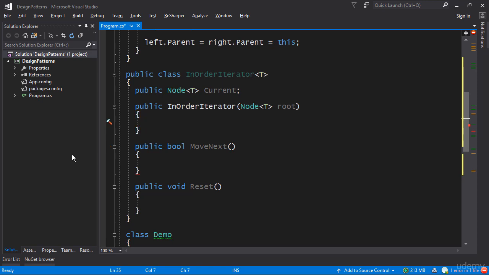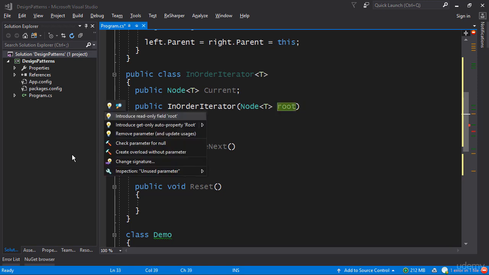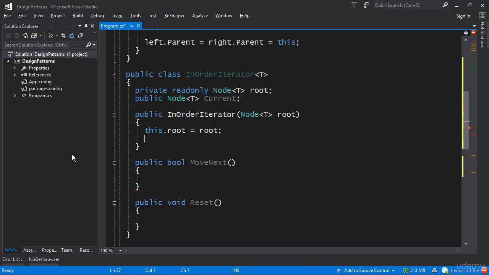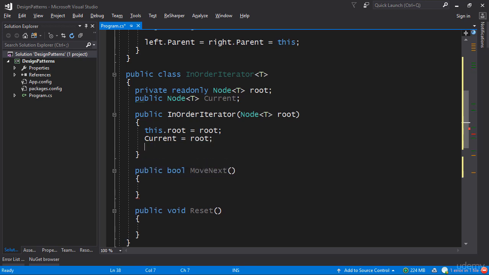So first of all, we want to store the root somewhere. So we'll introduce a field called root, but in addition, we actually want to immediately set the current reference to the starting element being iterated. So how do we do that? Well, we find the leftmost element. That's how you start with in-order traversal. So first of all, we assign current to root as well. Current equals root. There we go. And then we traverse on the current to the leftmost element. So we say while current.Left is not equal to null,